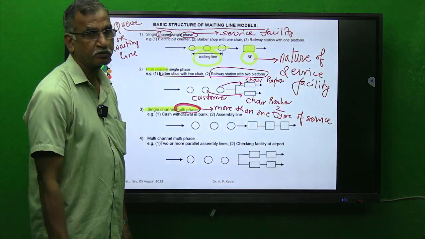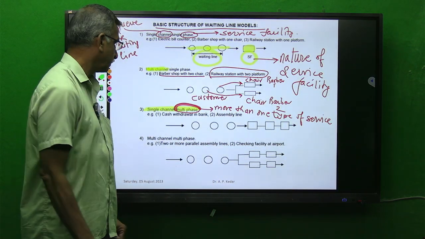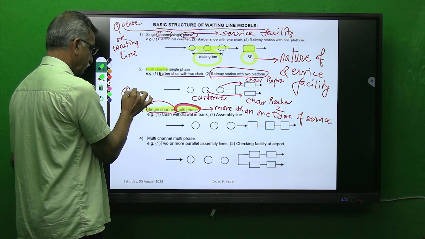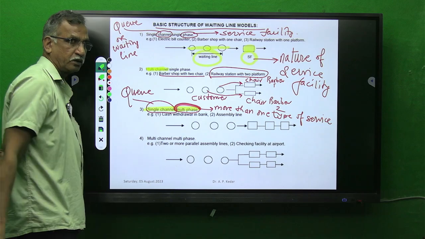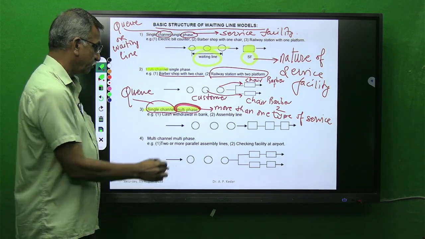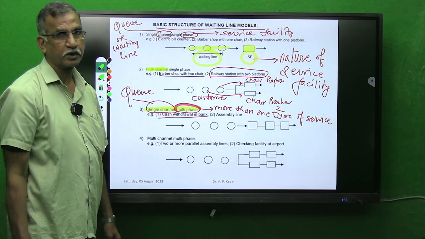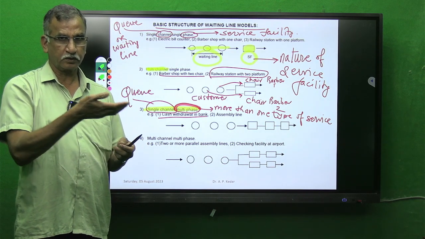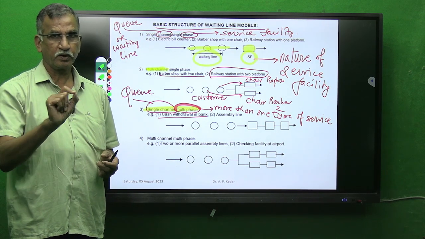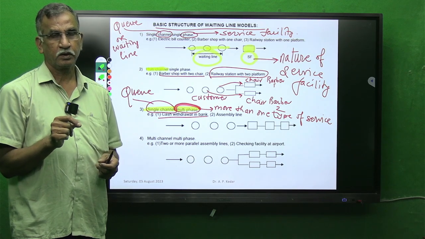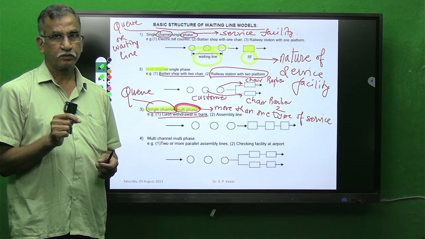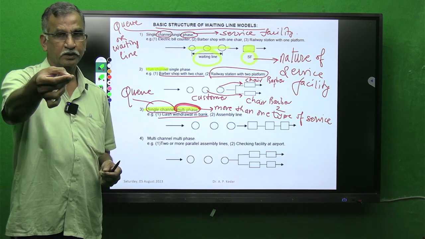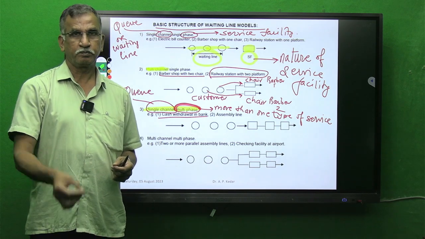More than one type of service. Channel is one, therefore single channel, that is nothing but what we mean is queue is one. So the best example one can understand is cash withdrawal at a bank. What we usually do, we take the withdrawal slip, we fill in our name, account number, amount, date and proper signature, and we hand over that particular slip to the,